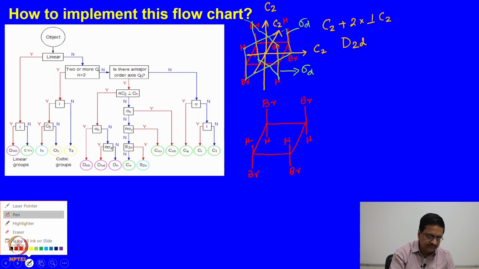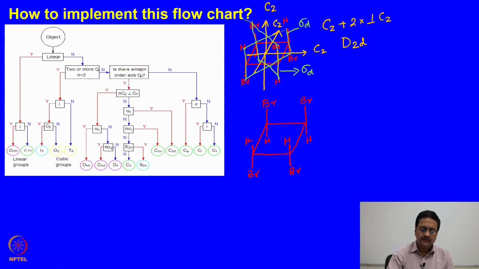What do we see? Here you can see that if I draw a C2 bisecting that bond, this hydrogen goes down and that bromine goes up and they interchange. So, this has a C2 axis and no other C2 is present in the molecule,